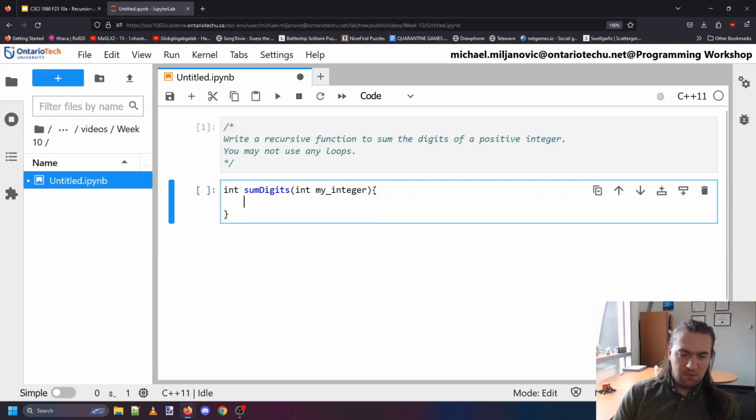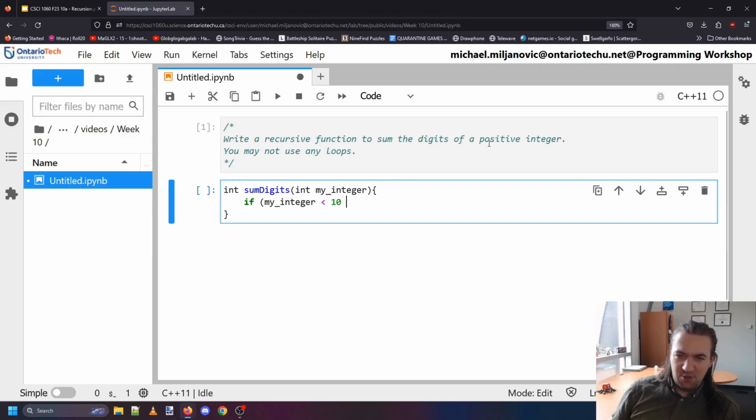All right, makes sense? Okay, now, before I even figure out how I'm going to actually solve this problem, anytime you have to do any recursive function, the very first thing you should do is think about what the base case is. What's the easiest form of this problem to solve? When I think about it, these integers might have a ton of digits, but the simplest is they just have one digit. So the base case here is that we don't have to do any function calls, anything fancy. If we know that the integer is only one digit, then the sum of those digits is itself, which is pretty straightforward. So if my integer is less than 10,